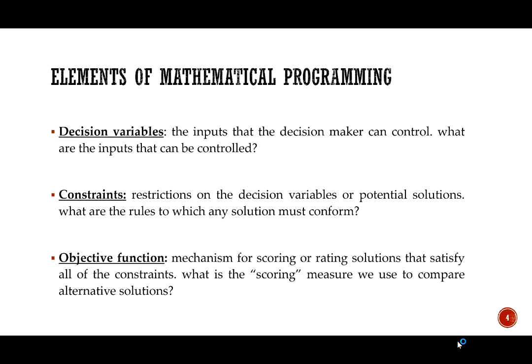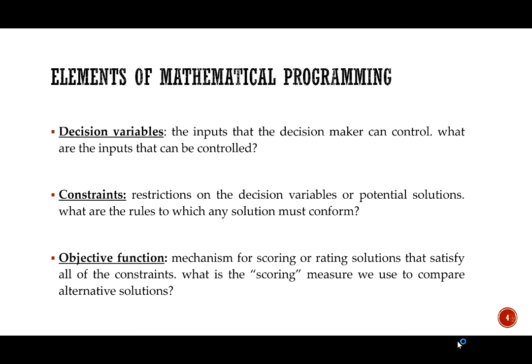There are three main elements for mathematical programming. The first element is decision variables, the inputs that the decision maker can control. In order to identify decision variables, we need to answer this question: what are the inputs that can be controlled? For instance, how many items do we need to produce per week? 10 items, 100 items, or 1,000 items? So that's the decision that we can make. The second element is